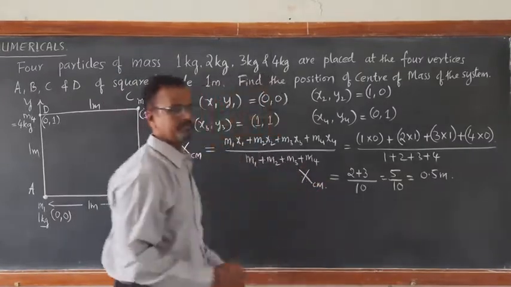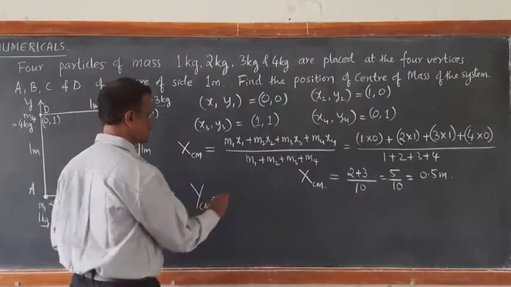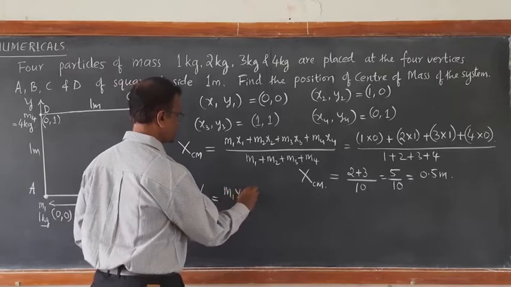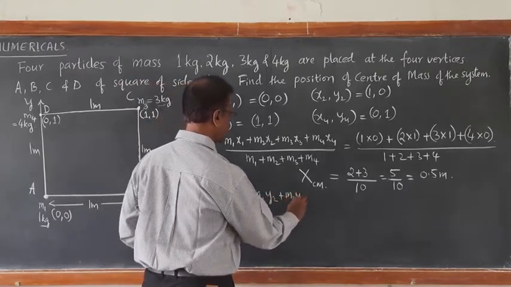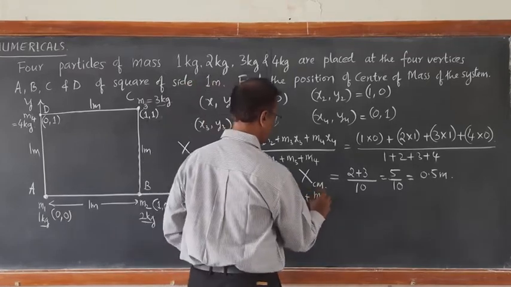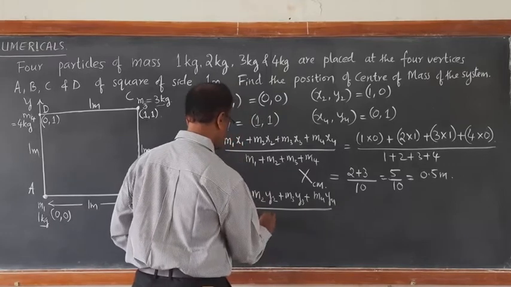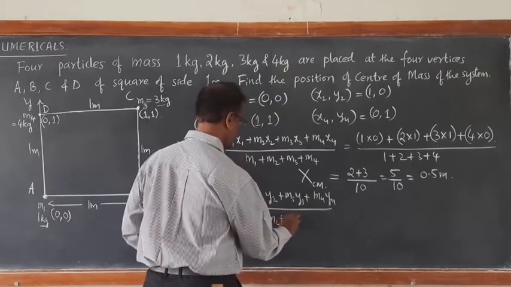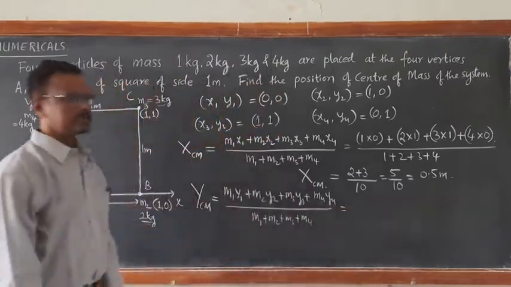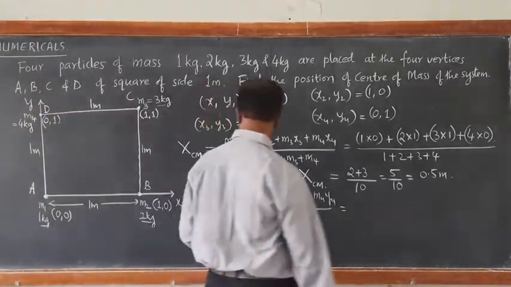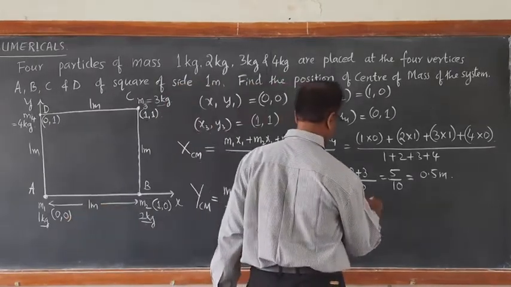X coordinate of center of mass. Similarly, let us find out the y coordinate of center of mass. It is M1 y1 plus M2 y2 plus M3 y3 plus M4 y4, whole divided by M1 plus M2 plus M3 plus M4. Right? Now, when you substitute this, look here, M1 y1, 1 kg into 0, again this 1 into 0,